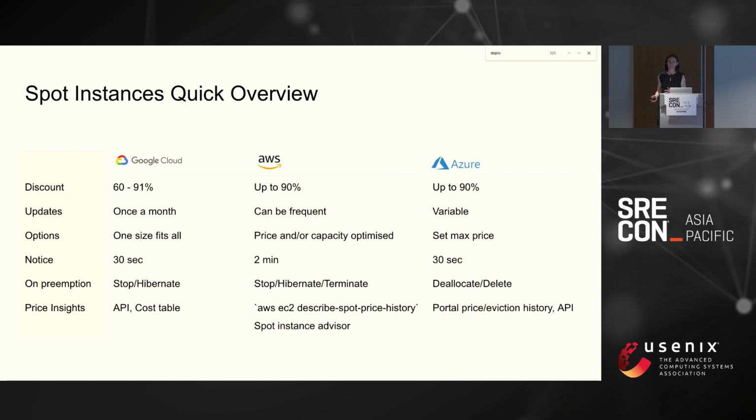ANZ Plus launched to market last year, and at this time, production cost was not a main concern for us, but our non-production by this time was a massive beast. We had so many environments and tiers in each environment and clusters in almost every intersection of this. We wanted to get this cost under control, and as you can see, Spot Instances is a very good opportunity to try and do this. So we tried, and we switched our non-prod in 2 phases. All of our clusters, we moved to Spot,